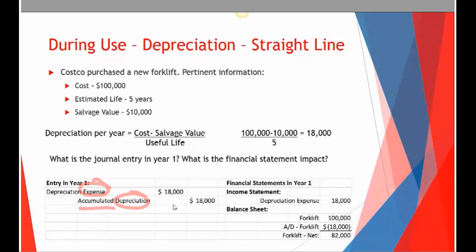Yeah, that's true. But depreciation expense, we debit that. That is just the expense associated with the using up of fixed assets. And then the credit goes to accumulated depreciation, and not, in this situation, forklift or equipment. That is because when we get done using this asset, we're still going to have that forklift. Think of supplies: when you use those up, you actually credit the supplies account, because when your Post-it notes are gone, they're gone. When you have fully depreciated your forklift, it's still going to be sitting there, probably in pretty rough shape. That's why they use accumulated depreciation, which I would refer to as a contra asset.